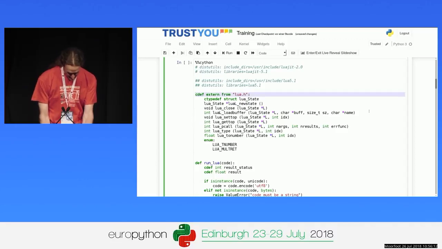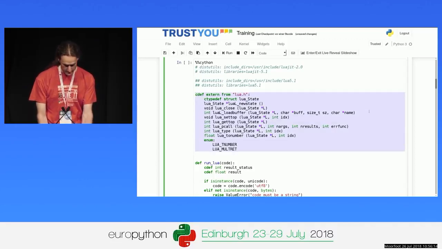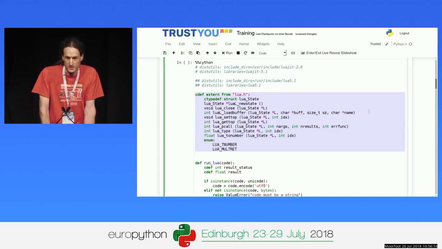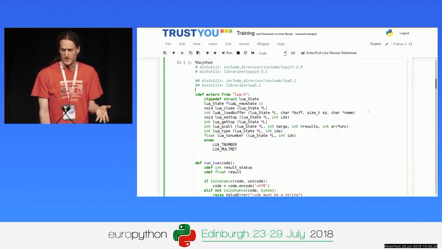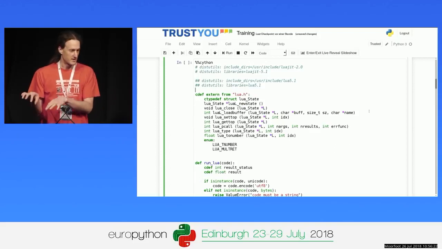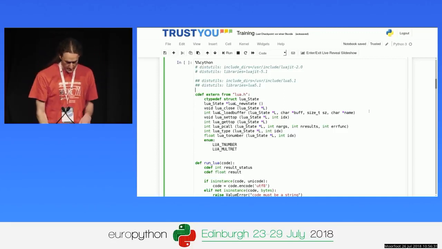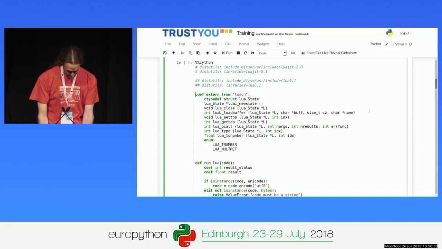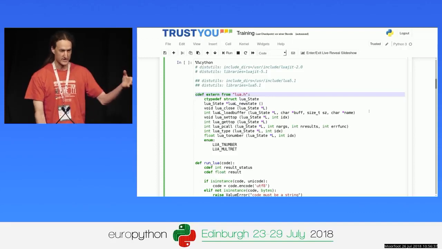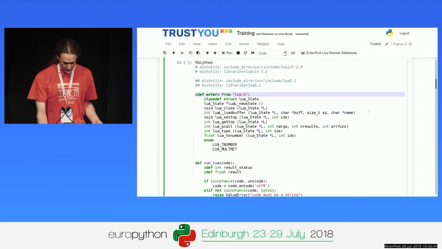First thing I have to do is tell Cython what the C API that I'm using here, the Lua C API, looks like. Previously, you may remember that I said cimport libc.math. What that does is it looks up an external declaration file and finds the libc.math declarations in there. Here, I'm doing that inline in a module. And this is the syntax for it. I'm basically just saying, this is an external declaration. It describes external code, which comes from the lua.h file.